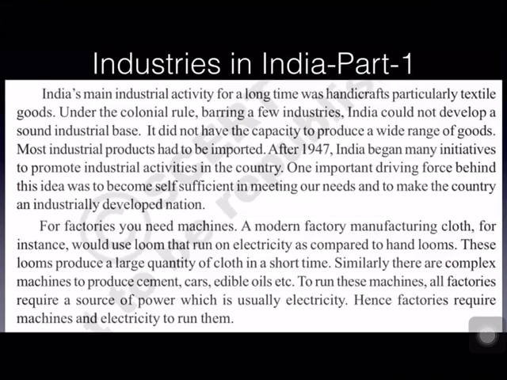Now remember these things. The primary sector provides food security to the people, and the industrial sector, if it is well developed, indicates the nation's development. And if the service sector is well developed, it shows the modernization of the economy. In this lesson, we are going to learn how different industries are developed in India step by step, and what is the role of the government in the development of industries.